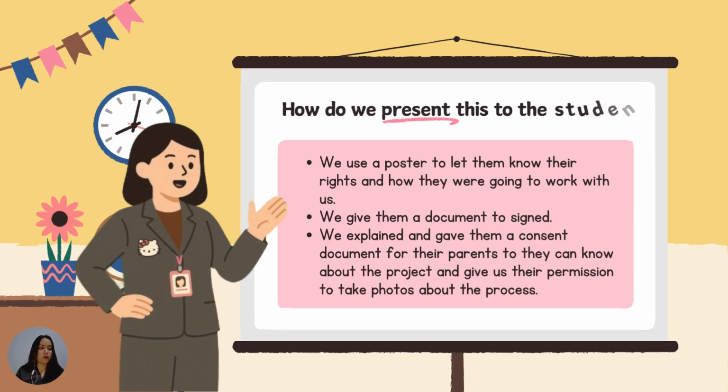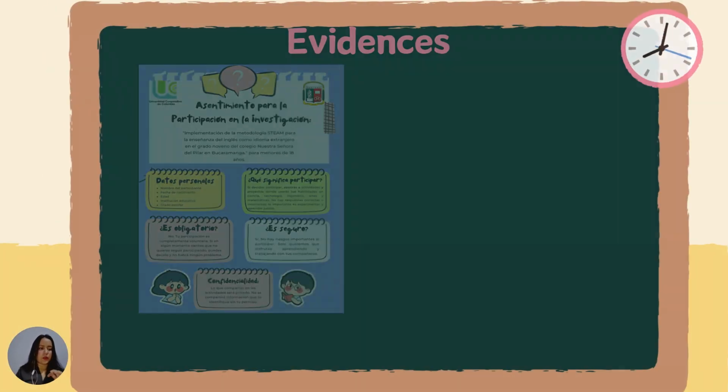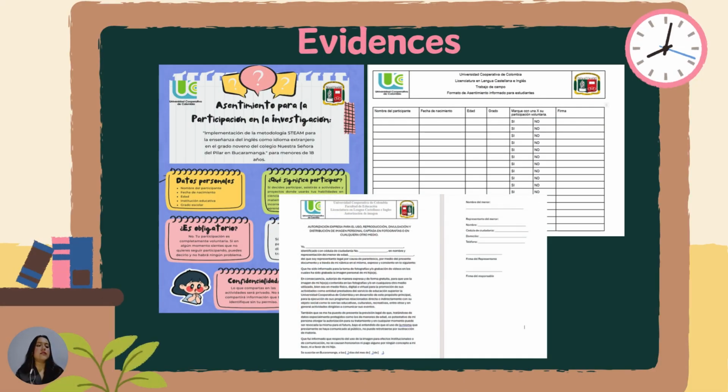Now, how do we present this to the students? Well, we use a poster to let them know their rights and how they were going to work with us. We give them a document to sign. We explained and gave them a consent document for their parents so they can know about the project and give us their permission to take photos about the process. This was our evidence. This was our poster, our colorful poster that we present to the students, and then they sign